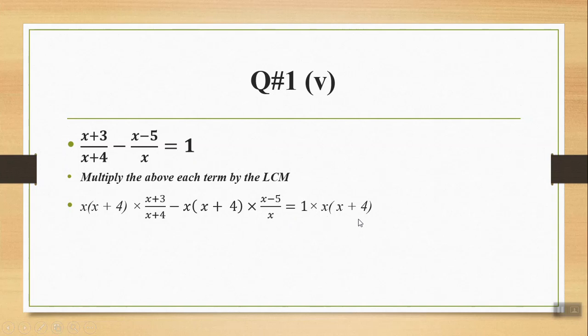By simplifying it, you can see that from the numerator x plus 4 and the denominator x plus 4 will be cancelled out, because these are the same values, and the remaining value is x into x plus 3. From the second factor, you can see that in the numerator and denominator x is the same value, so it will be cancelled out, and the remaining factor is x plus 4 into x minus 5 equals,